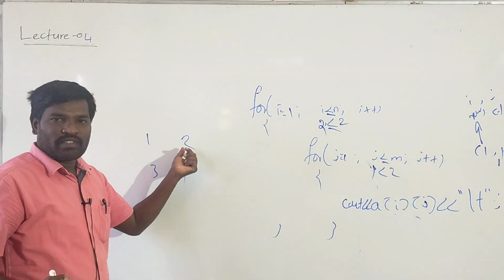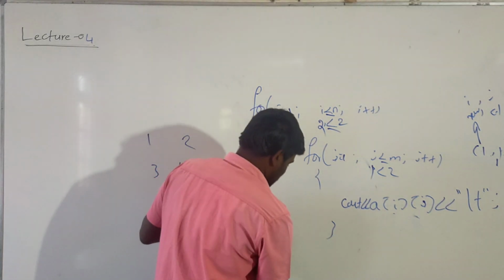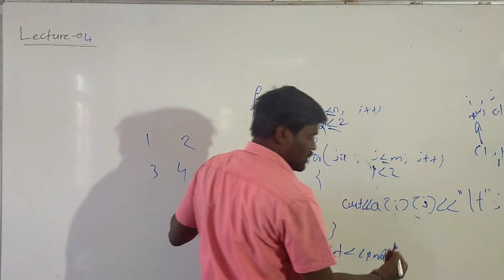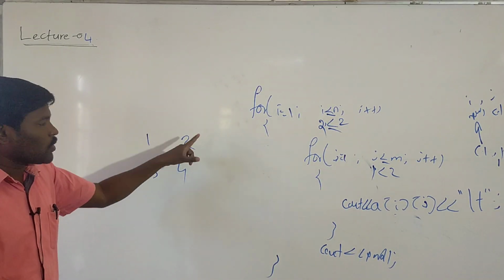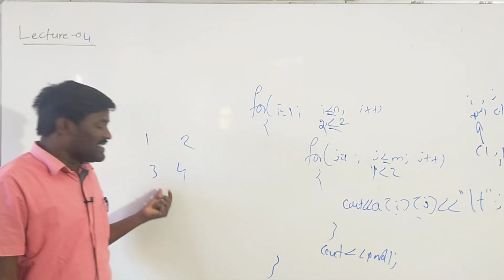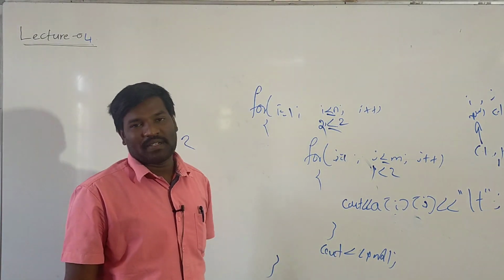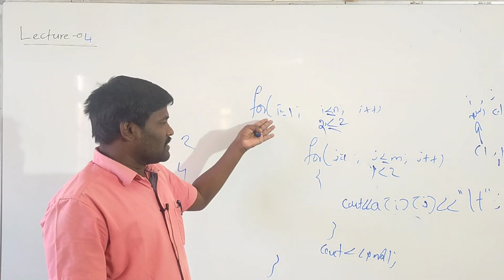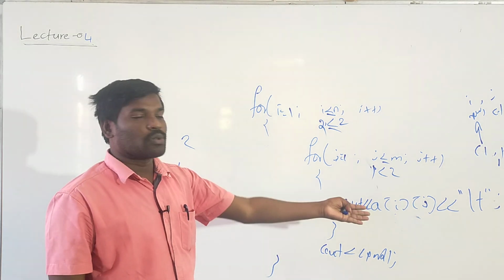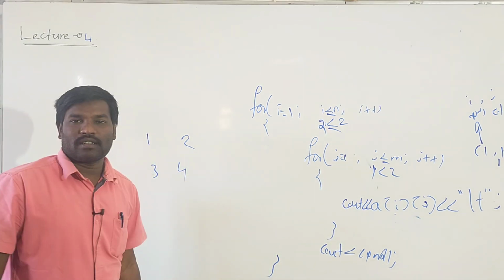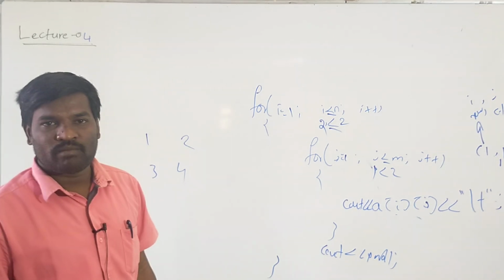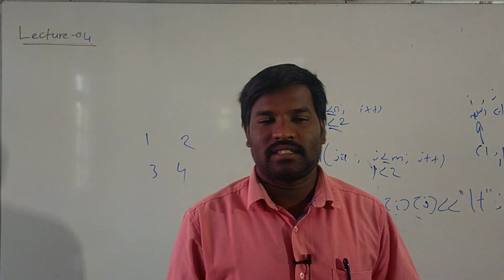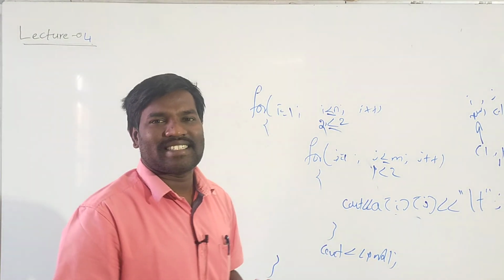After that, the next element. So after the inner for loop, again we have to write something. After printing one row, the cursor should move to the next line. That's why I have to write cout of endl. So 1, 2, 3, 4 are the matrix elements, and with the help of this, 1, 2, 3, 4 will be printed, or displayed, on the monitor. So this is two-dimensional array printing. Okay. So just let me show one example.